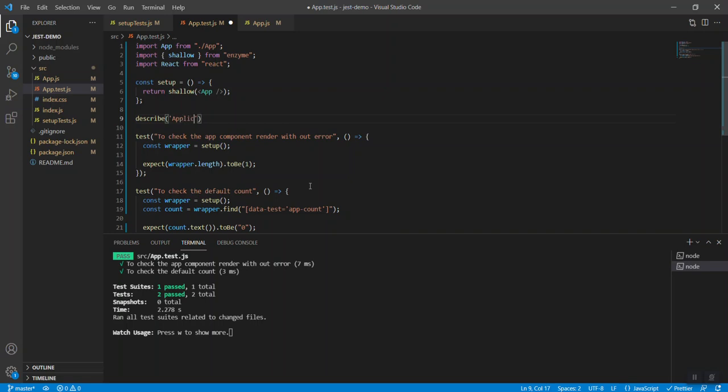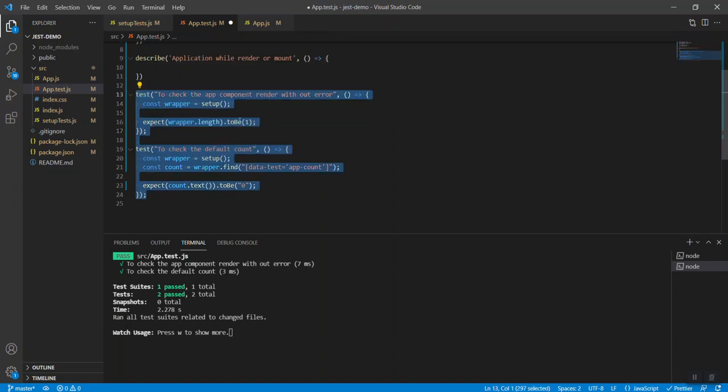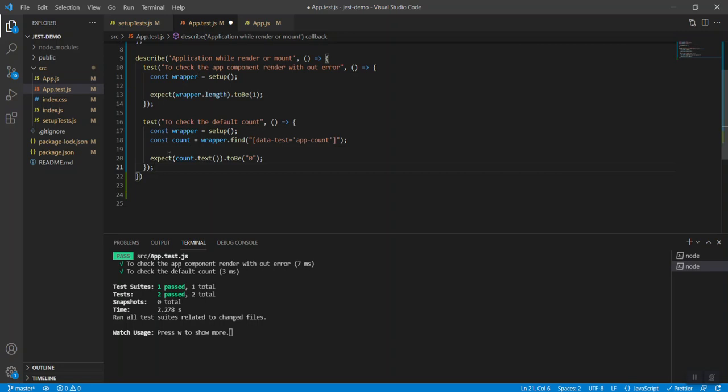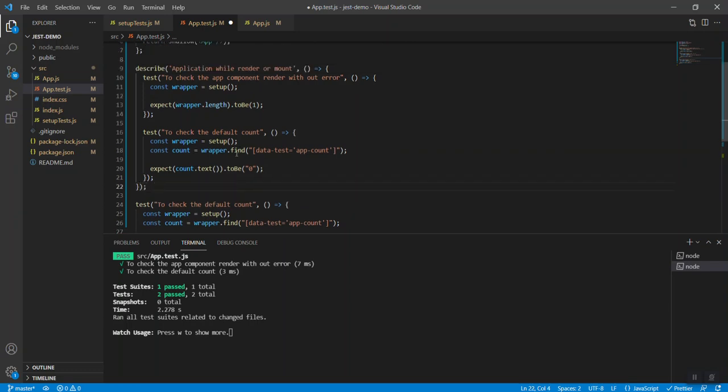One is the name, application, and the other is a function which runs the test cases. I'll put those test cases into the describe method, and one test case outside the describe method